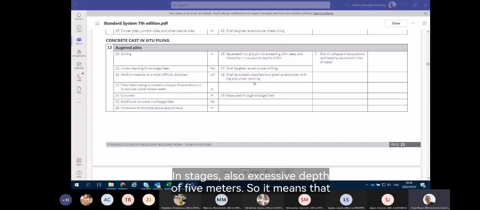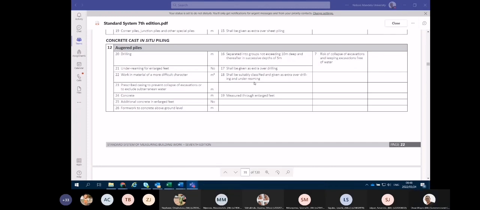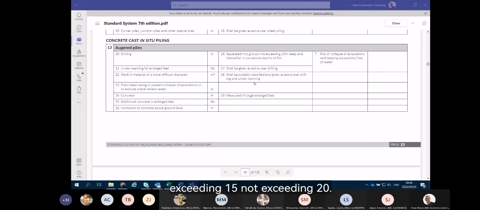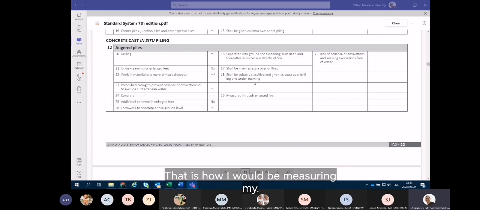So I'll measure up to 10 meters, and then I'll say exceeding 10, not exceeding 15. And for whatever the difference is there, I'll say exceeding 15, not exceeding 20. That is how I would be measuring my